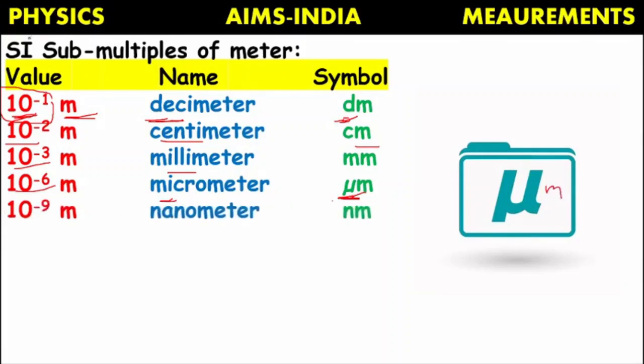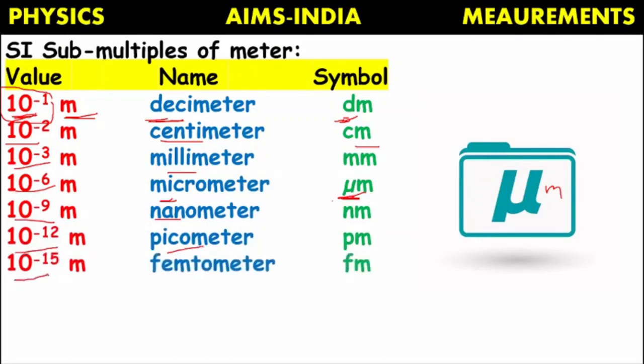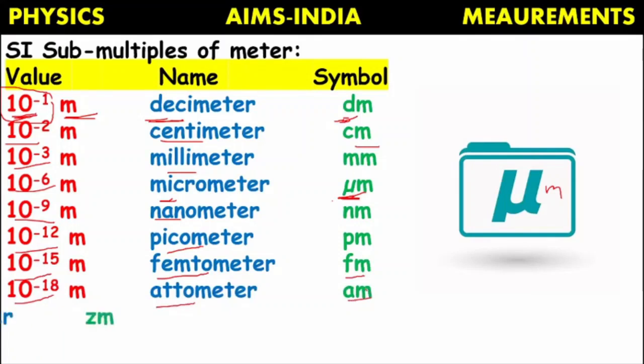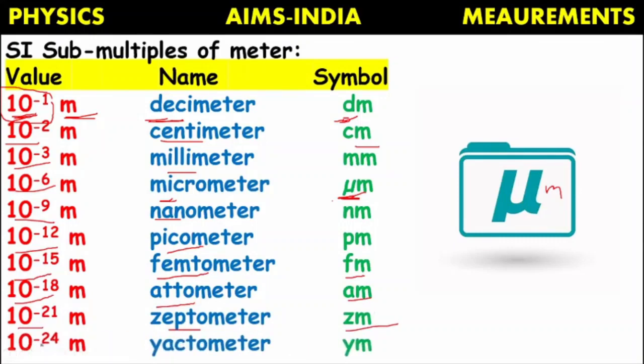Next, 10 power minus 9. If the factor is 10 power minus 9, nanometer. Next, 10 power minus 12, picometer. Symbol is pm. Next, 10 power minus 15, femtometer. Symbol is fm. 10 power minus 18, attometer, am. 10 power minus 21, zeptometer, zm. 10 power minus 24,